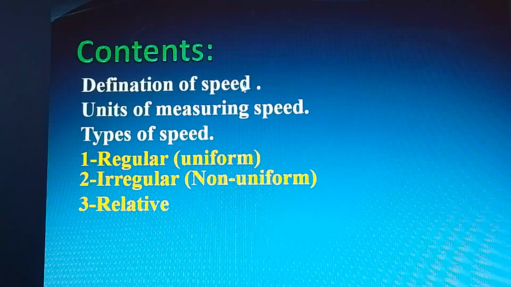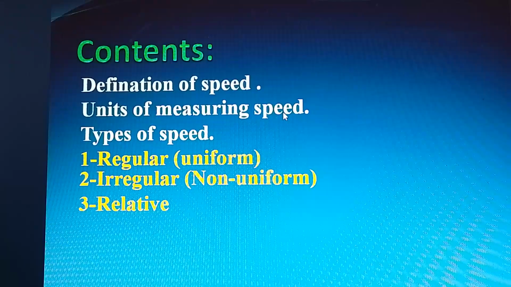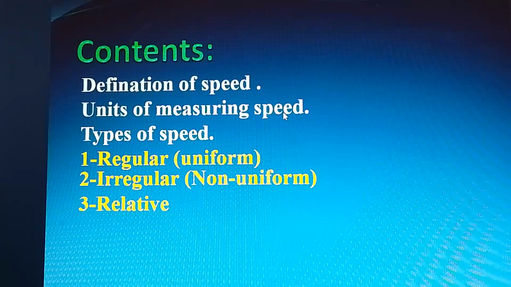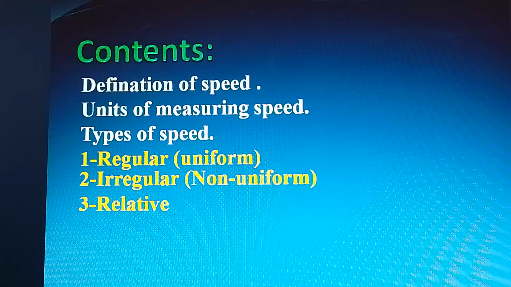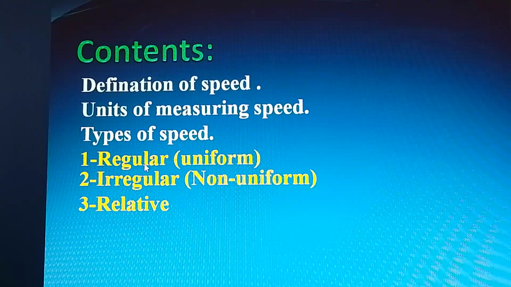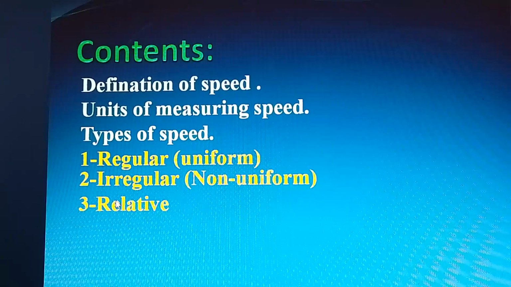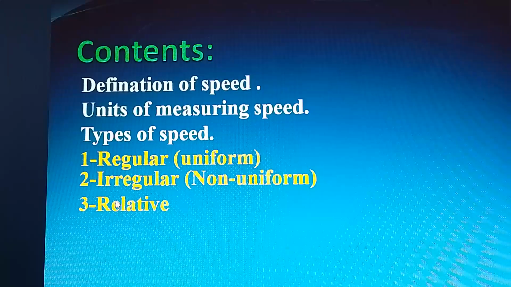Speed is the distance covered in a unit time. The unit for measuring speed is meter per second. Speed is a scalar physical quantity, while it is corresponded by velocity when there is direction. Types of speed: regular, called uniform; irregular, called non-uniform; and relative speed, when we have an observer